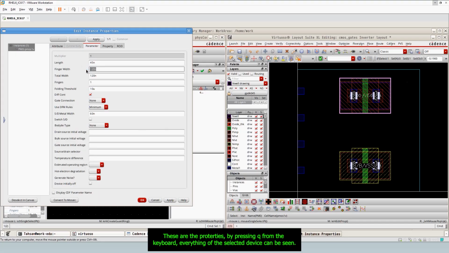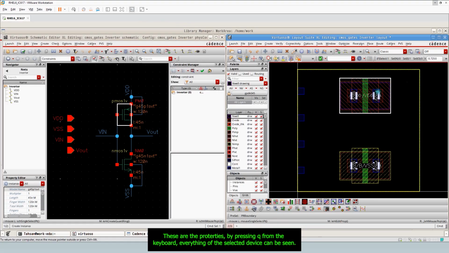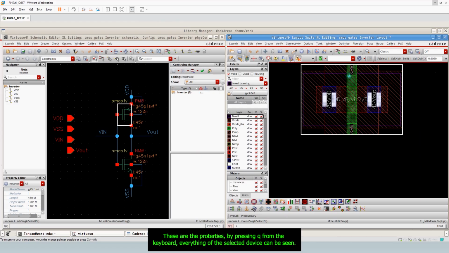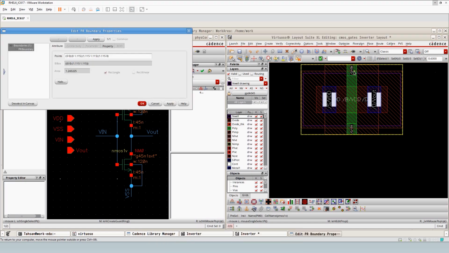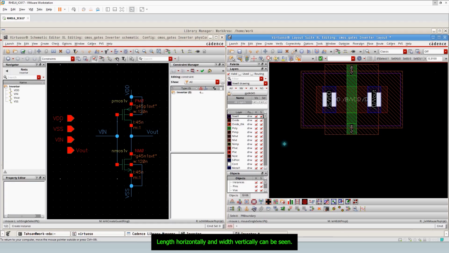These are the properties. By pressing Q from the keyboard, everything of the selected device can be seen. Length horizontally and width vertically can be seen.